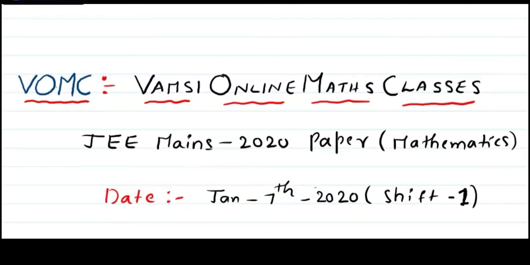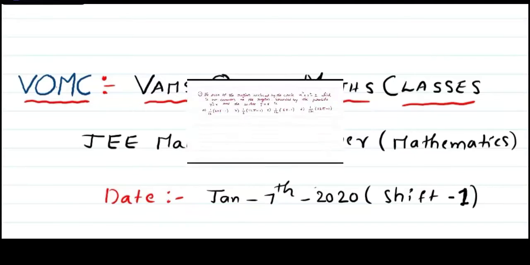Students, I think you know very well that the JEE Mains 2020 paper contains 25 questions. Out of 25 questions, 20 are MCQ model and 5 are numerical model. I want to cover the total paper in 5 videos, each with 5 questions. So in this video, I am going to explain questions 1 to 5 with a clear explanation. Let's get into the questions.